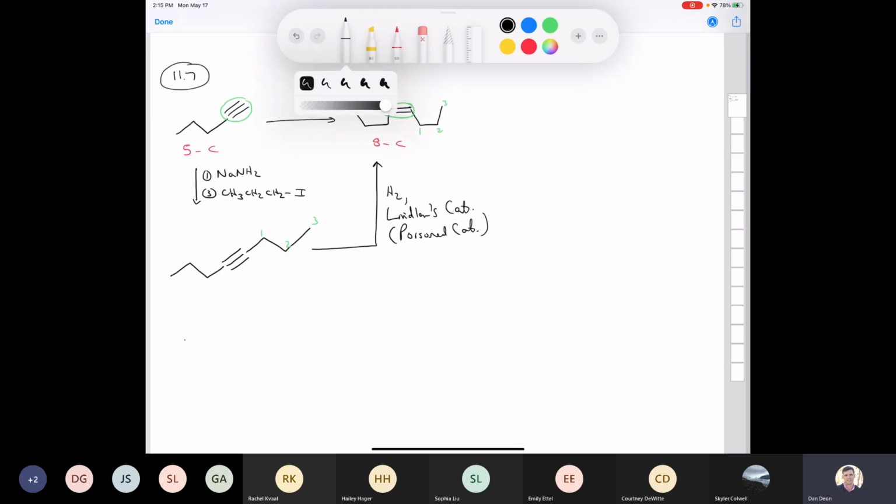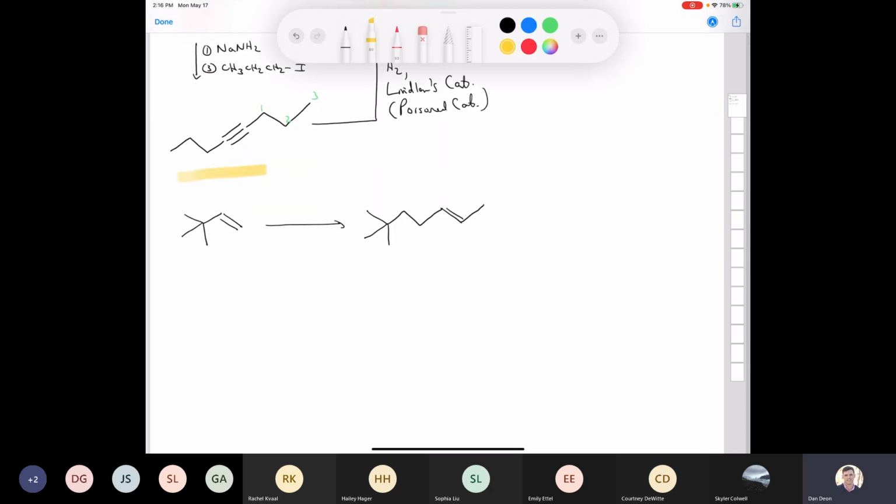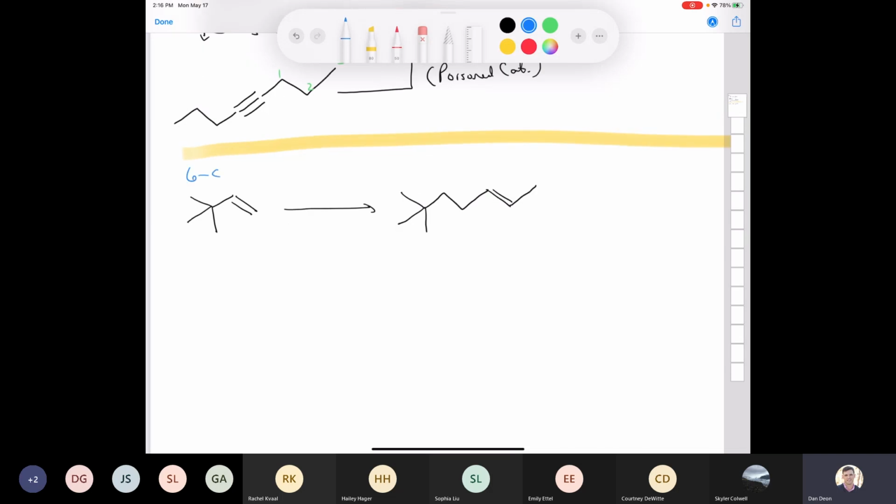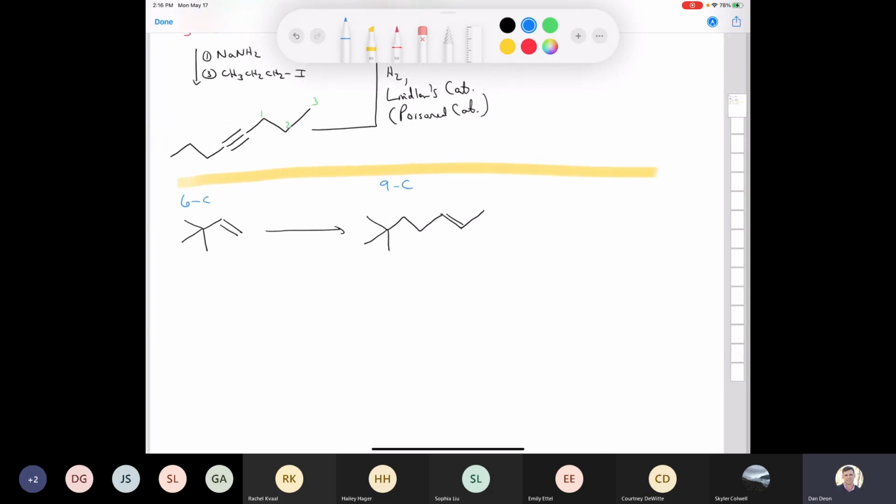So in the next one, we're starting with 6 carbons in this alkene that the author seems a little obsessed with. And then we're going to end up making a molecule with 9 carbons. Looks something like this. Anyhow, how are we going to do this? This one is a little trickier, in my opinion. Again, we're starting out with 6 carbons, and we're ending up with a molecule that has a total of 9 carbons. So the key in this one is, again,